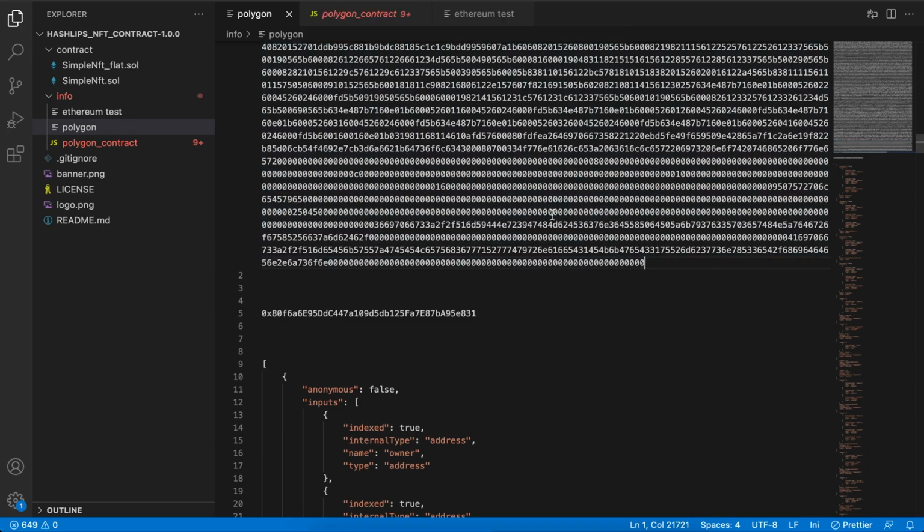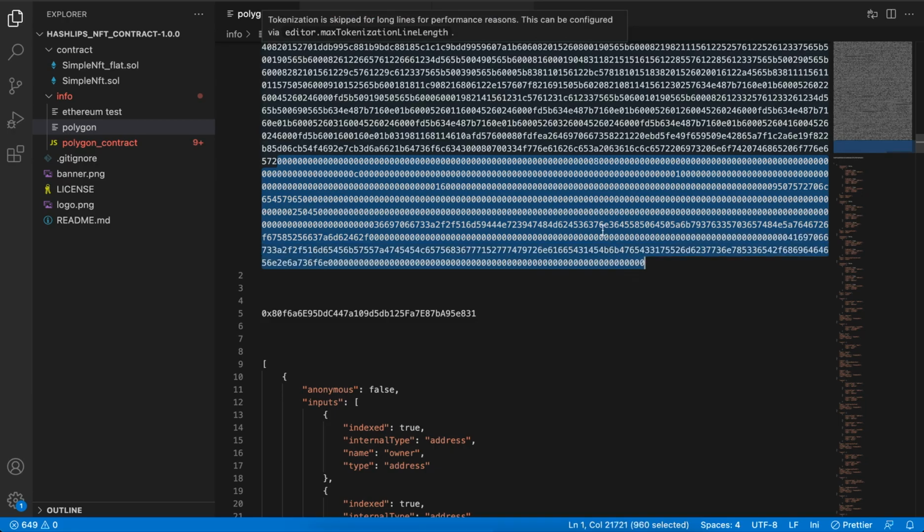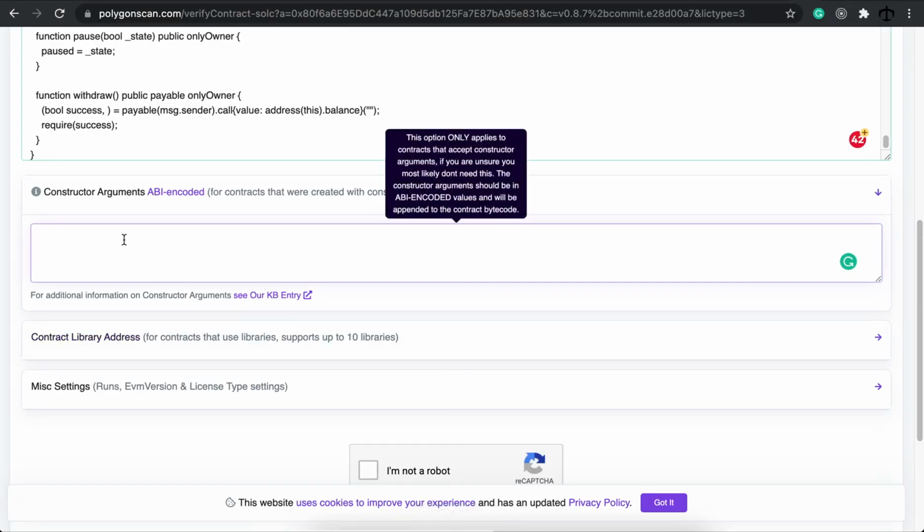There's a line of 0, line of 0, line of 0, and then the last line of 0 here at the top. You can see it ends at the 2 and then it starts with 0 and has a long trailing 0 piece. Take everything from that 0 all the way to the last 0. Copy this and then head back to